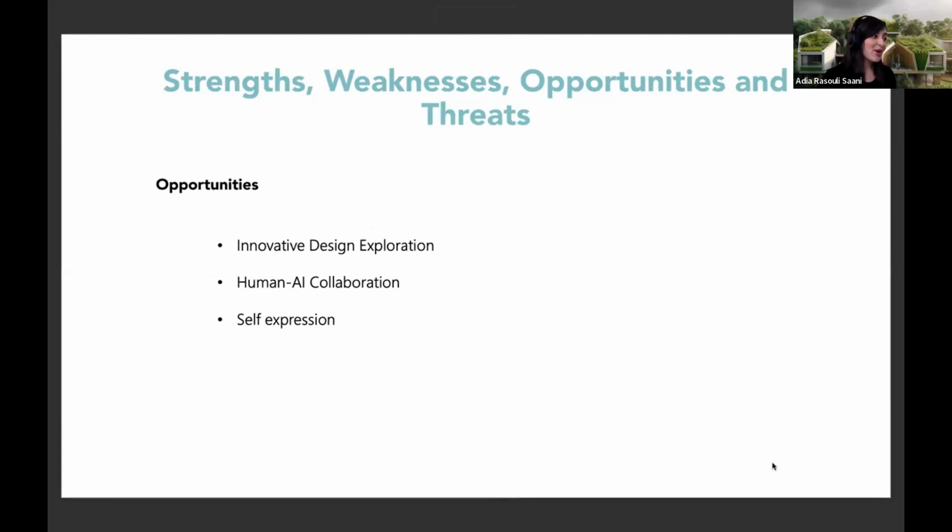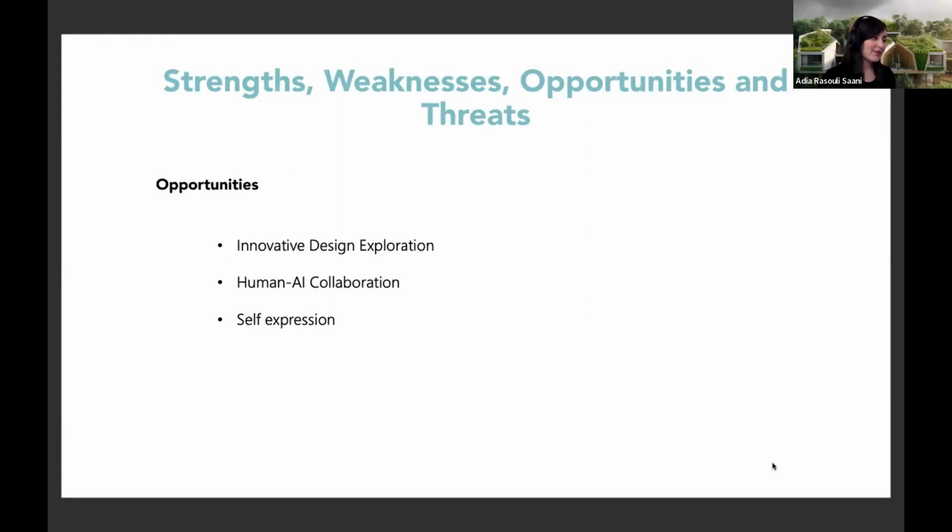There are also some opportunities. By leveraging AI algorithms, designers can input a set of parameters, preferences, or constraints and witness the tool's ability to generate novel and unexpected design alternatives. This enables designers to explore new territories, experiment with unconventional ideas, and discover innovative solutions that might not have been apparent through traditional design processes. Through AI-powered exploration, designers can uncover design directions that challenge conventions and ultimately lead to more inventive and groundbreaking outcomes.